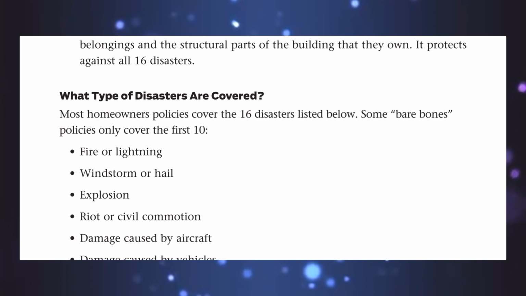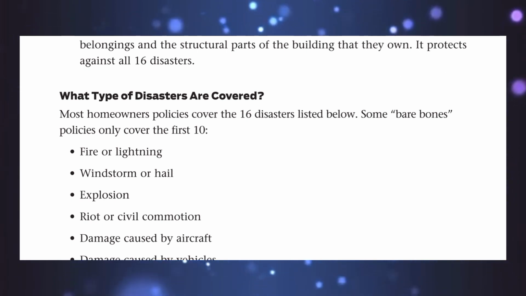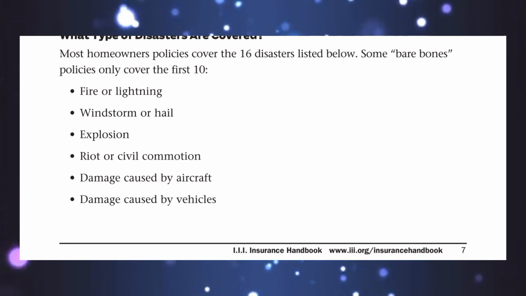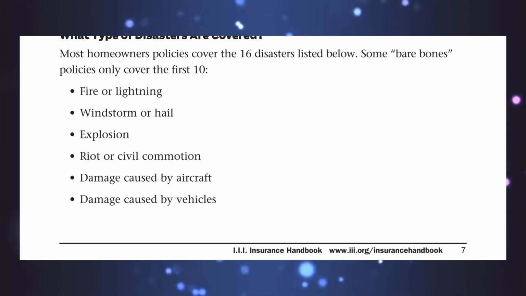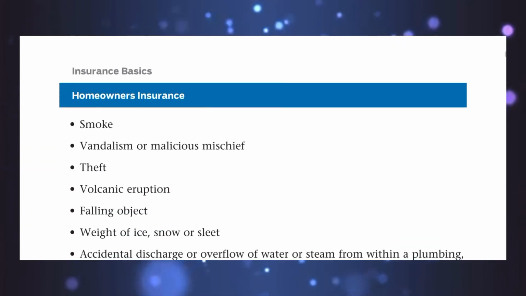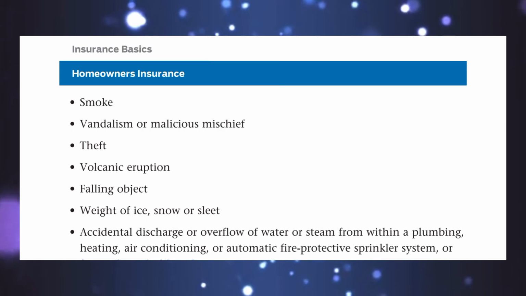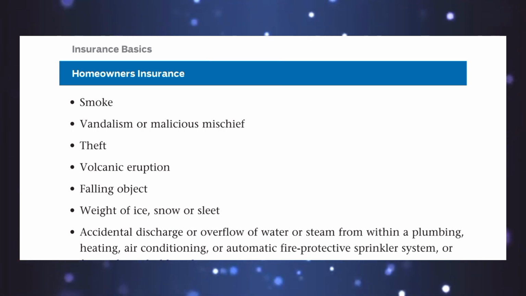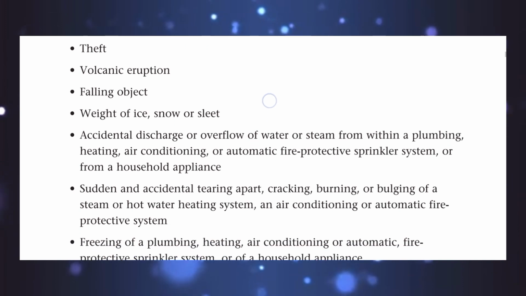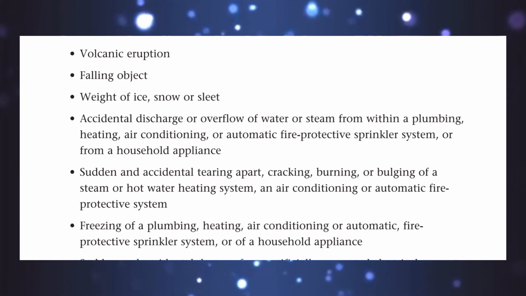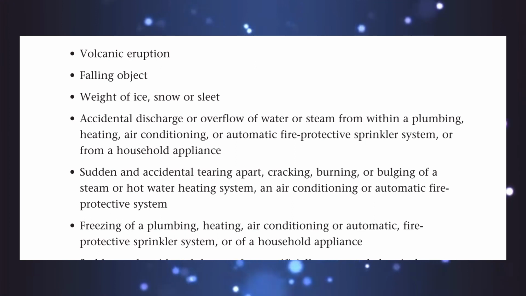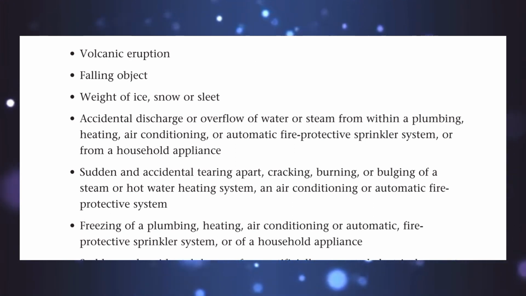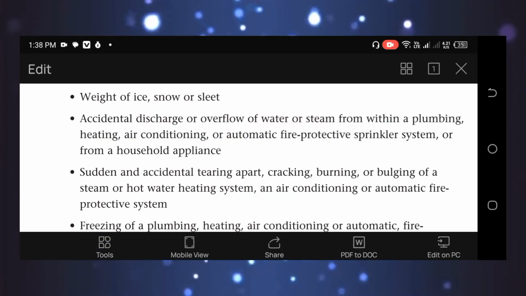Some bare bones policies only cover the first 10: fire or lightning, windstorm or hail, explosion, riot or civil commotion, damage caused by aircraft, damage caused by vehicle, smoke, vandalism or malicious mischief, theft, volcanic eruption, falling objects, weight of ice, snow or sleet, accidental discharge or overflow of water or steam from within a plumbing, heating, air conditioning or automatic fire protective sprinkler system, or from a household